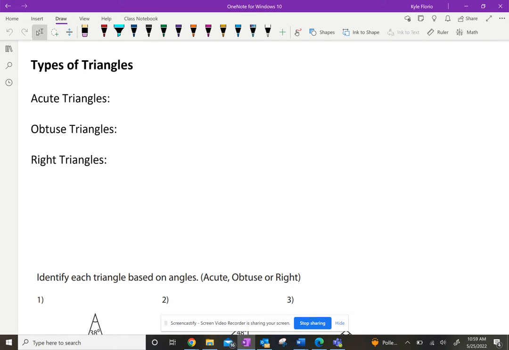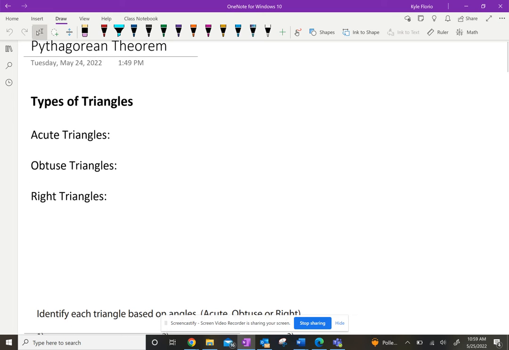So, we're starting to do some geometry topics at the end of the year. And the first thing that we're going to look at is something called the Pythagorean theorem. For some of you guys, this might be review. For some of you guys, it might be something new. But the idea is